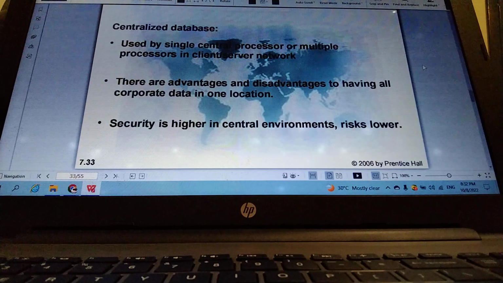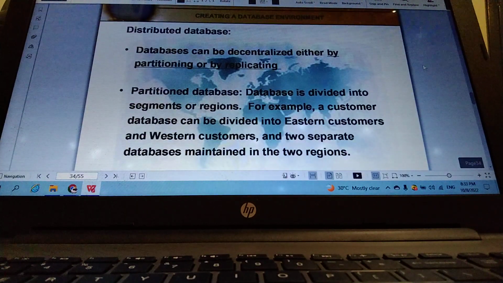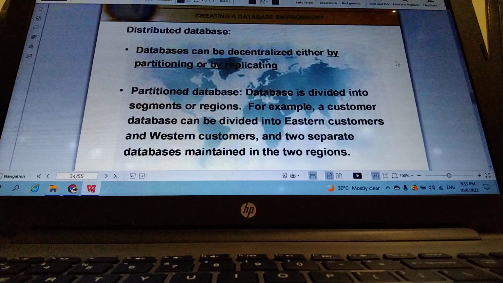Security is higher in the central environment, so there is not much risk. The database is at the central site, so the security at the central environment is very high, so risk is very low, instead of having the databases everywhere. So that is the advantage of this centralized database. The branches have to have a direct link to the central location in order to access the database or information, versus the distributed databases,